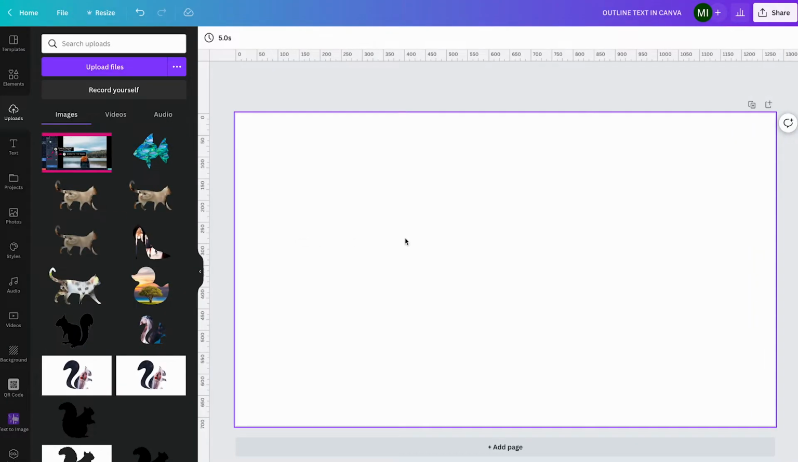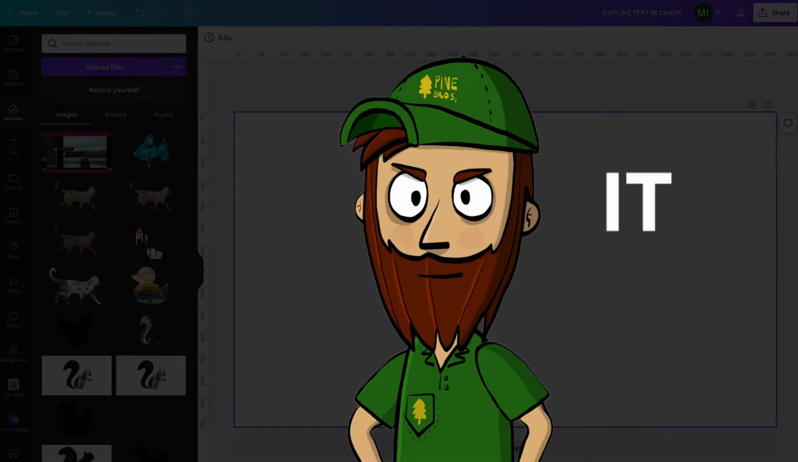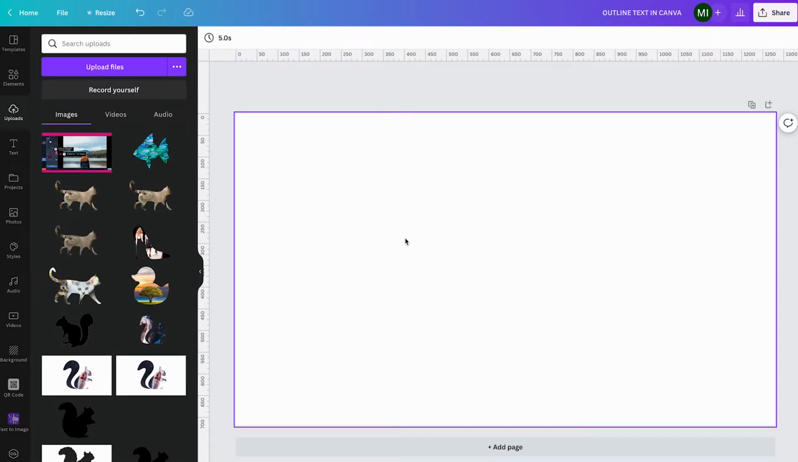Well, Willie, the news are that outlining text in Canva is actually not that difficult. It's just that this feature is a little bit hidden. But no worries, we'll get there shortly. Here's how it's done. To outline text in Canva, first of all we are going to press T on our